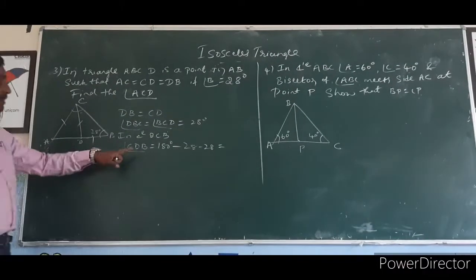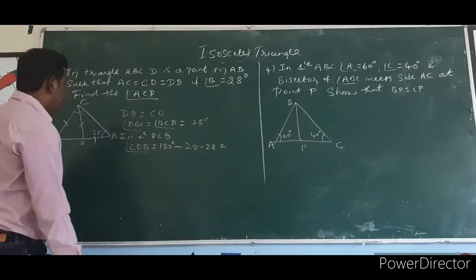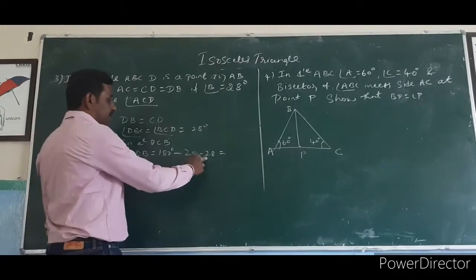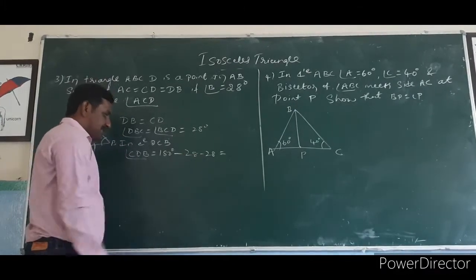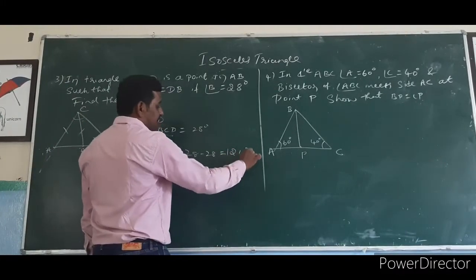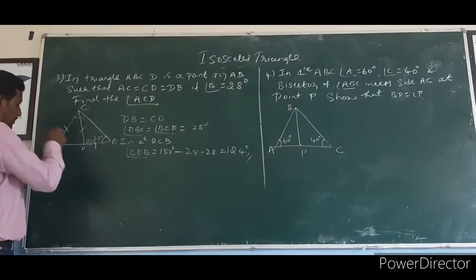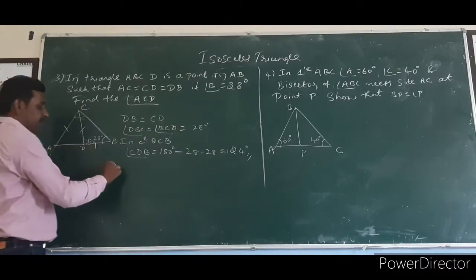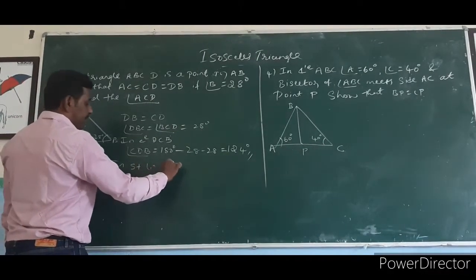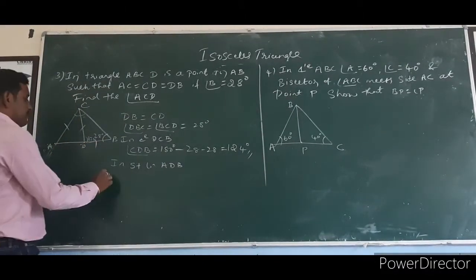I'm writing directly, but while you write the equation, write the angles and so on. 180 minus 28, 28 means 56. 56 subtracted from 180 means 124 degree. What about this angle? 124. So if it is 124, in a straight line ADB, what is the sum of the angles in a straight line? 180 degree. So that means